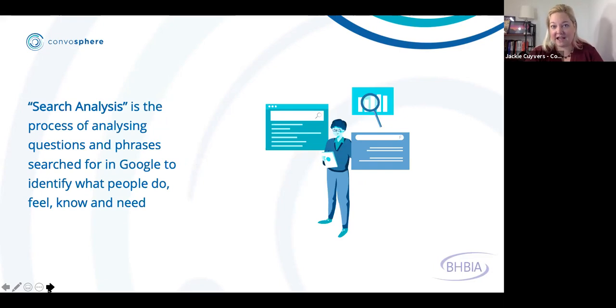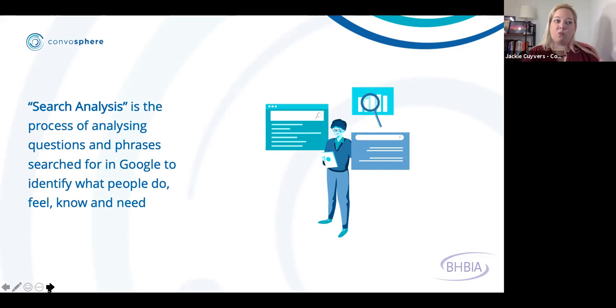Search analysis, as compared to social listening, where you're taking what people have said and conducting analysis on that, is for those people who aren't speaking, but they're seeking information. They're typing things into Google search. They may be looking for things around a therapeutic area, asking questions about a treatment, really trying to get more information about a topic. Google makes this information available in different ways. You can get it directly from Google, or there are different tools and platforms that have been created to give you a quantitative or qualitative view of the keywords, phrases, and what people search for within a therapeutic area.